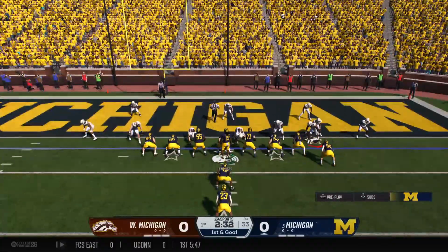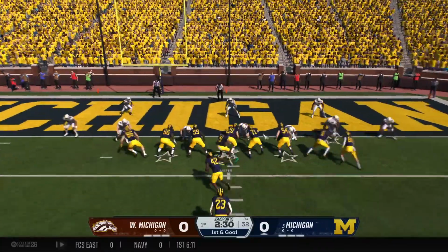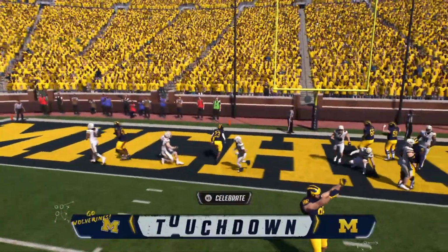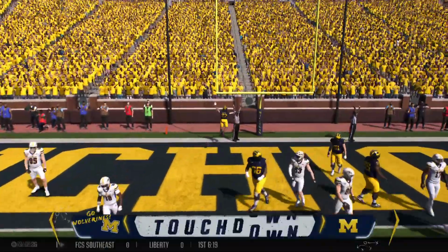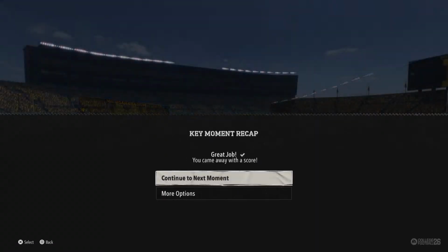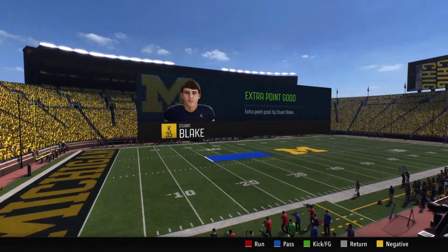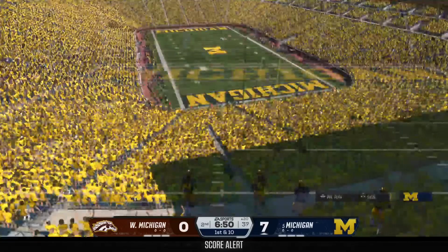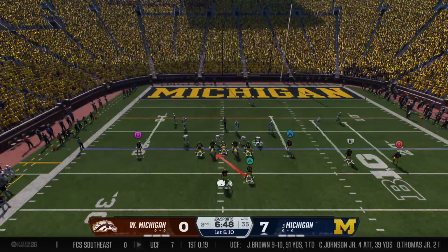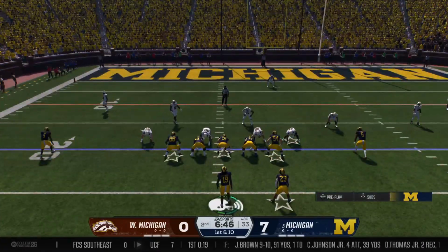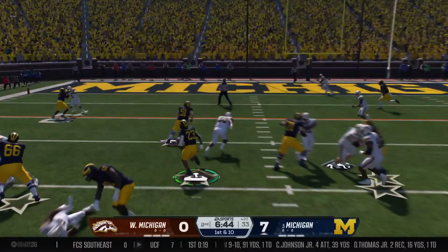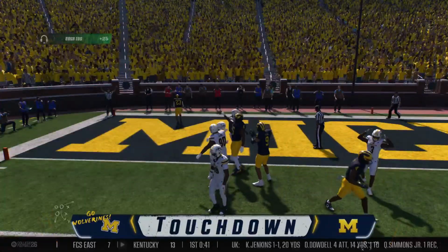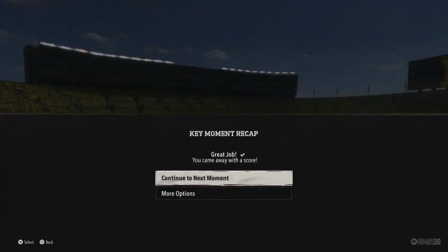The Wolverines have it in scoring position on 1st and goal. They'll try to blast their way in. And a touchdown by Jordan Marshall. Touchdown Wolverines. We got red zone opportunity here. 1st and 10 on the 20. They're in the red zone. 1st and 10 from the 20. From the gun, the running back has it. And another touchdown run by Jordan Marshall.